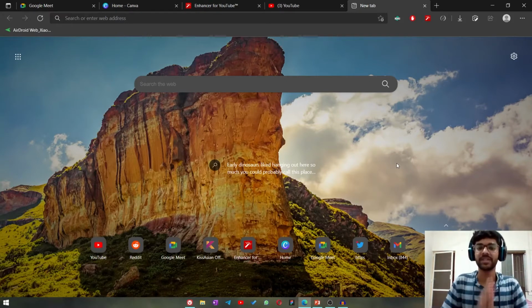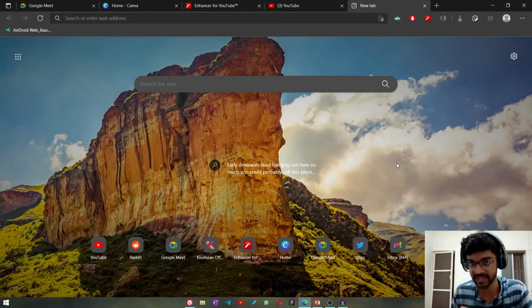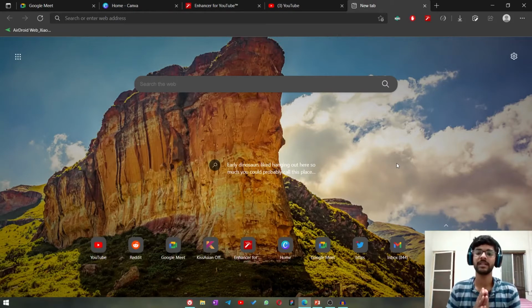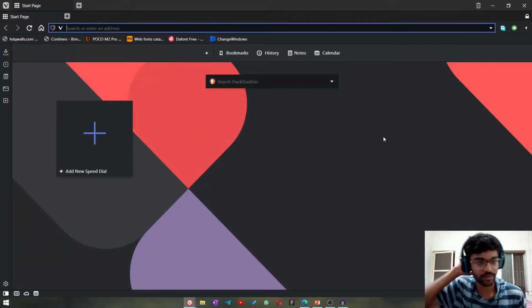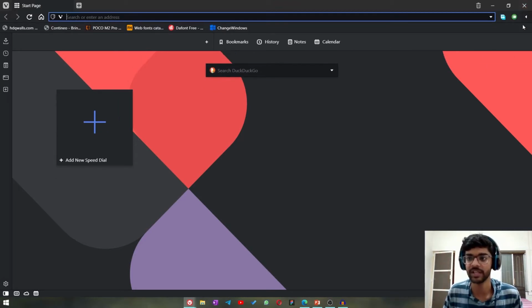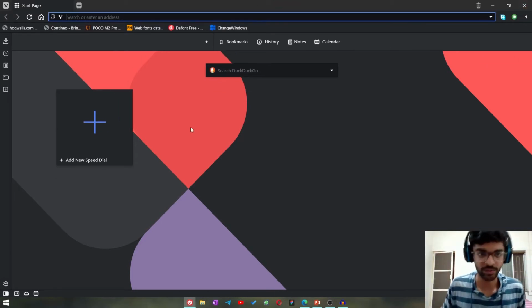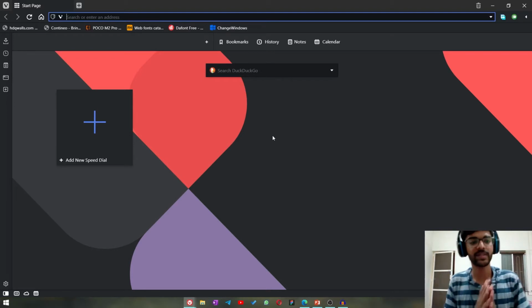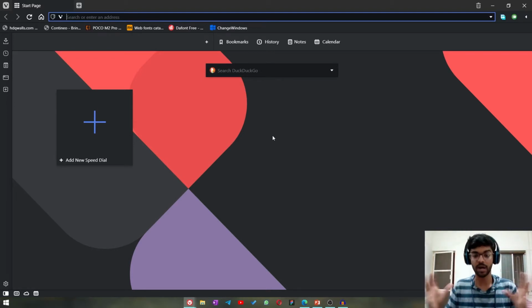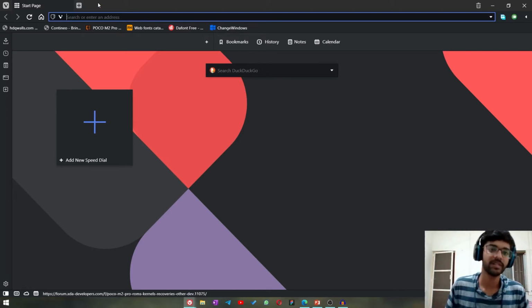Now, this is something similar to what Vivaldi has. Vivaldi has tab stacks. Now, tab stacks are basically, you know what, it's best if I show you. As you can see over here, this is a new window of Vivaldi. Now I use Vivaldi for my power user needs, but this is what I'm going to talk about.